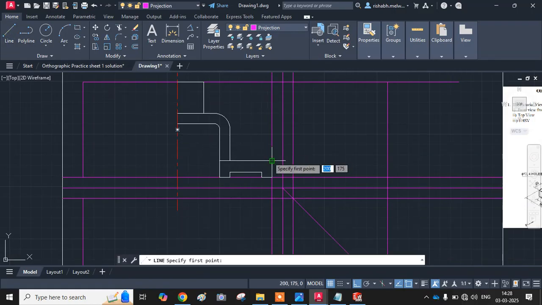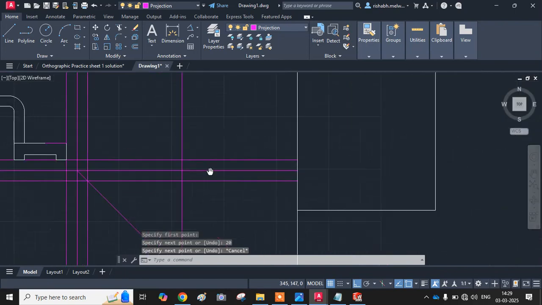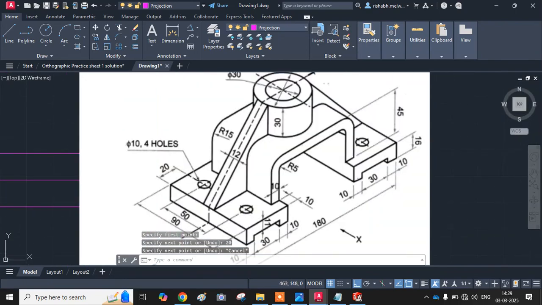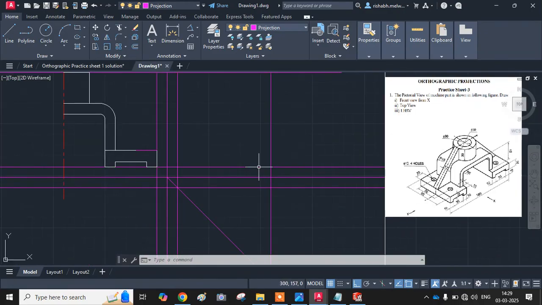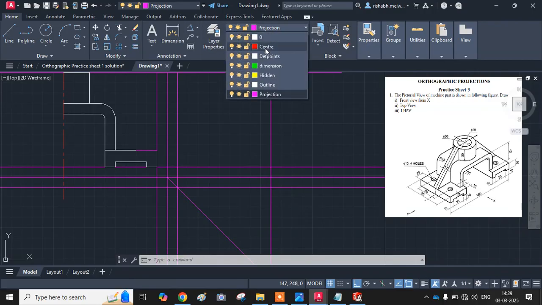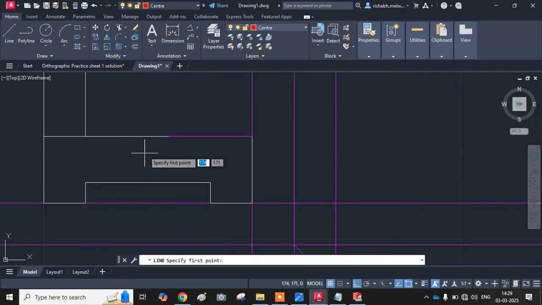और कितने distance पे center line है? 20. ये side से, तो यहाँ से I'll draw 20. Enter. So from here I want to draw that center line ना. देखो यहाँ से 20 पे है ना ये होल का सेंटर, तो either from left side or from here also it will be 20 only because object is symmetric. So I have got this point. Now I'll go to center layer, I will select line, I will select this point. यहाँ से center नहीं बनाना है, पर थोड़ा सा ऊपर जाके ट्रैक करो ये पॉइंट को ऊपर, एंड इधर से इधर बनाना है सेंटर लाइन।